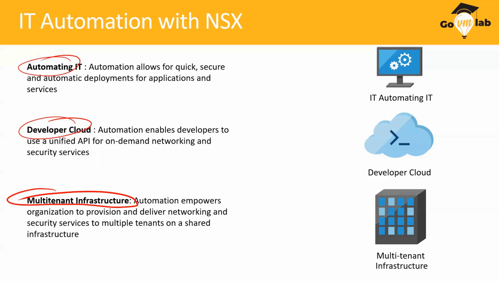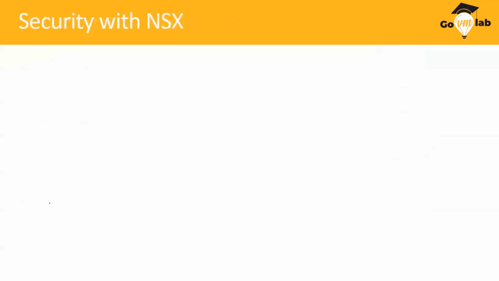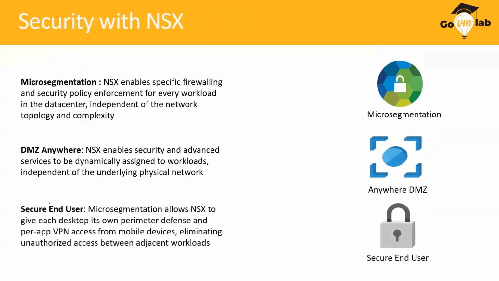So without this two-tier routing topology, what VMware has introduced, the so-called tier 0 and tier 1 router, it would not have been possible, right? So NSX now gives us a multi-tenant infrastructure. So these are the use cases of automation. Then the next set of use cases is microsegmentation. Microsegmentation means NSX now enables us to give a zero trust security model,